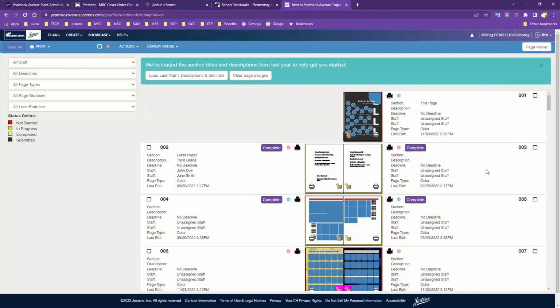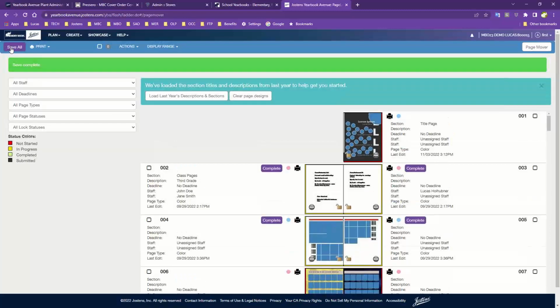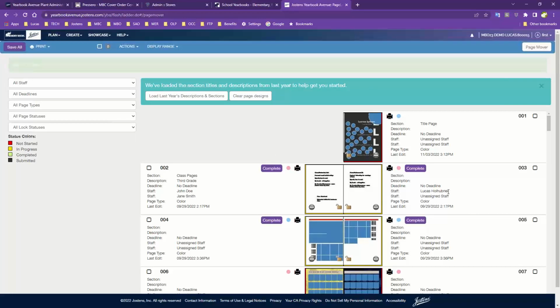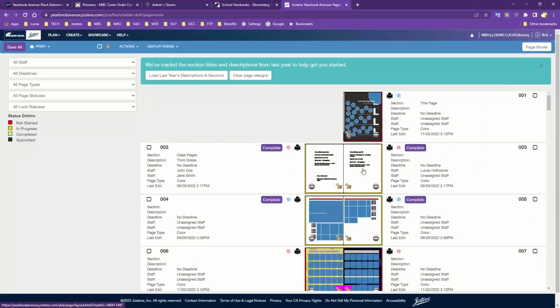And let's see, these are assigned, but this one I'll put as me. Okay, so I'm assigned to this page. Now remember to get that in there, make sure to go up and hit save all. That way it just stays. All right. So right here in this case of I'm assigned to this page, so I'm the only one that's